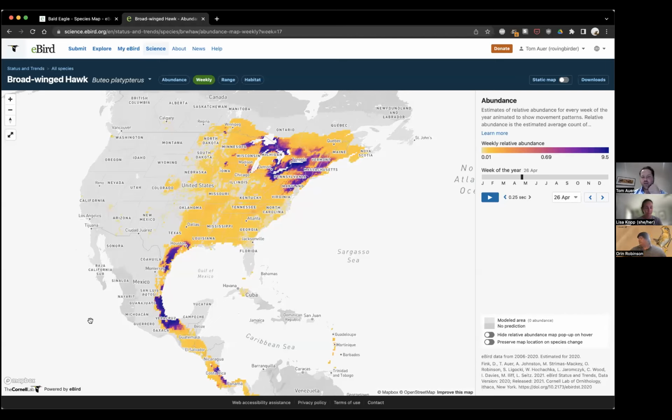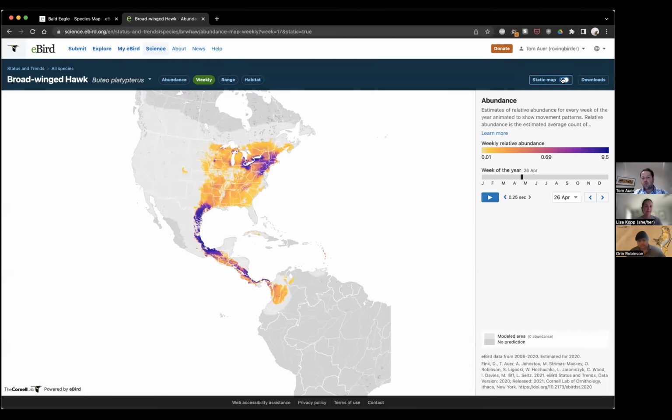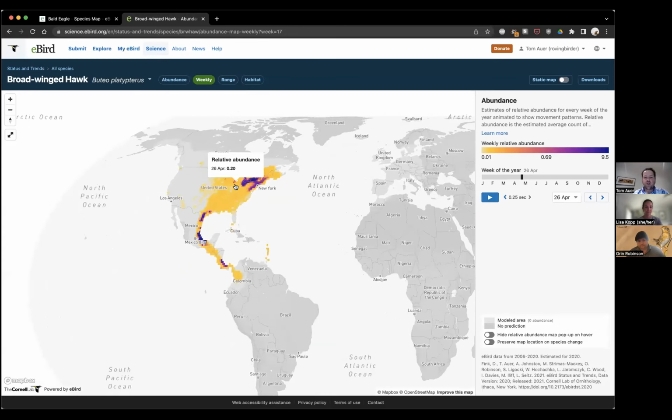Yeah, so this tool certainly works for that. What I'm showing here is a new website for Status and Trends that finally puts that information in an interactive form. If you've been to our website before, those are still available, but maybe you've seen these static maps that you can download and play as animations. The exciting part is we now have these fully interactive maps.